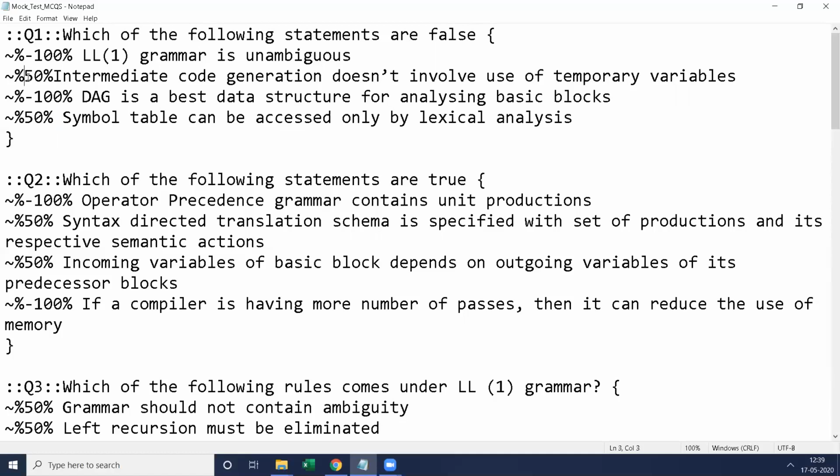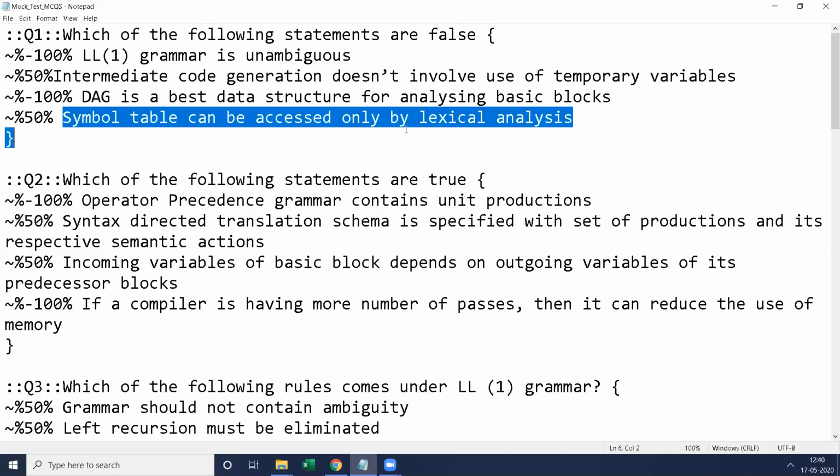So if one chooses the second one, it gives 50% of the mark. Suppose you are giving 1 mark for this question, if the user chooses the second choice, 0.5 mark will be allocated, that is 50% of the 1 mark. If the user chooses the fourth choice, 50% of the mark will be allocated.